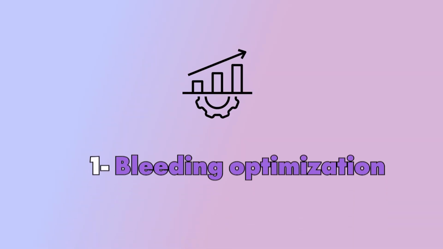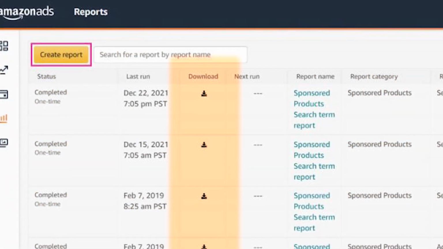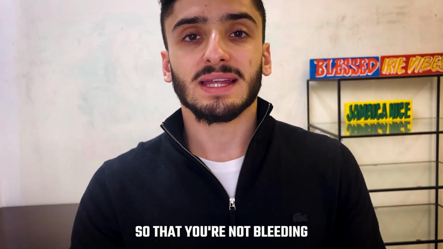So the first lever you would pull is, of course, bleeding optimization. You want to prevent any bleeding as fast as possible. So the first thing we like to do is to download the search term report and filter. On the filters tabs, you can filter whatever search term got 10 clicks with no sales. And immediately I would negate that. I'd throw it in negative exact, or I would reduce the bids so that you're not bleeding as much on